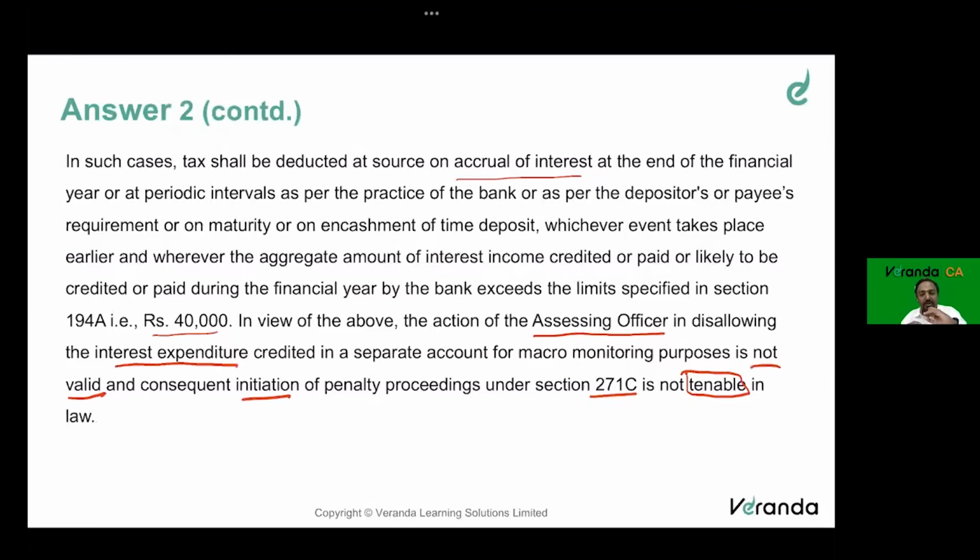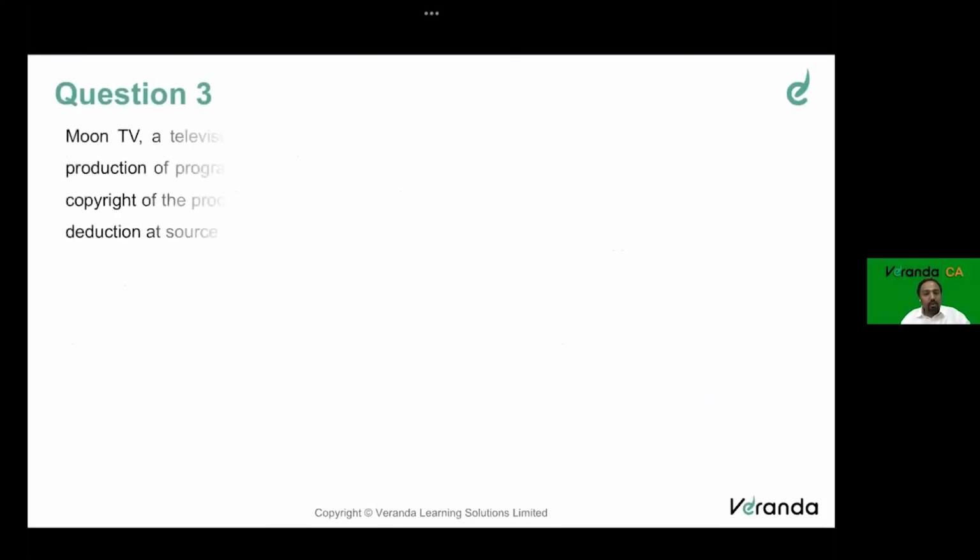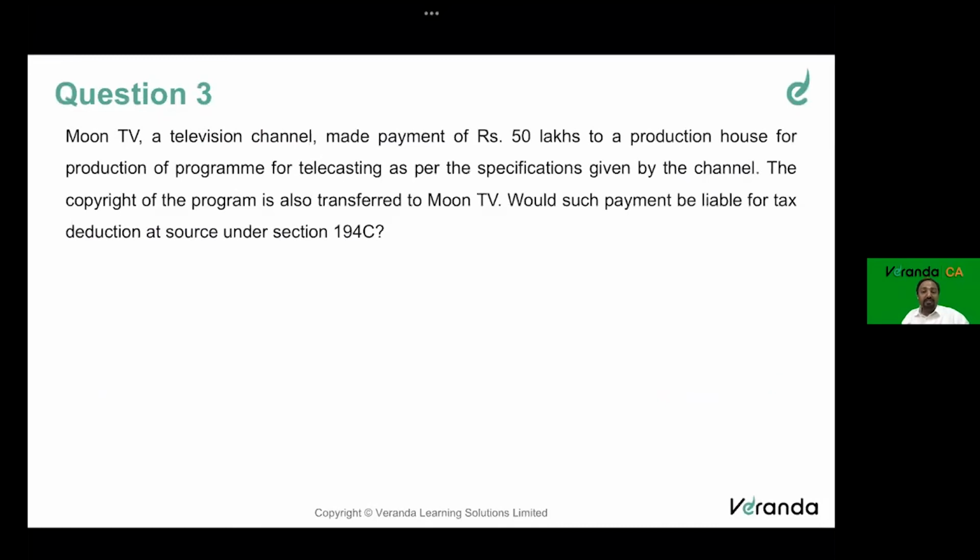It is only relating to a situation where interest is not actually accounted to the deposit holder. It is only accrued, only provisioned, only a provision for the purpose of macro monitoring using CBS. So if this is applicable, then TDS will not be deducted till the time it is actually accruing to the account holder. It could be the financial year end, the periodical end, or the time of maturity or whatever it is. Till that point in time, TDS should not be deducted. So that's this question. Moving on to question number 3.